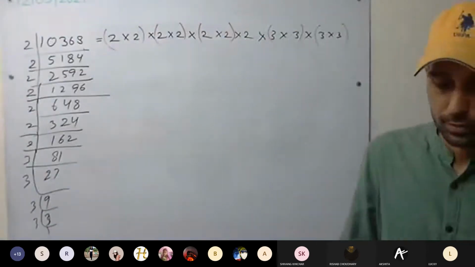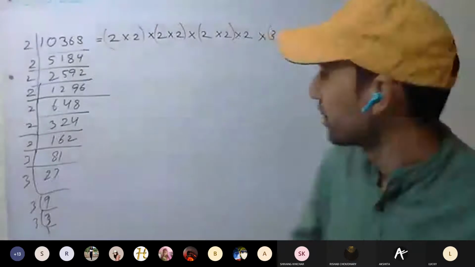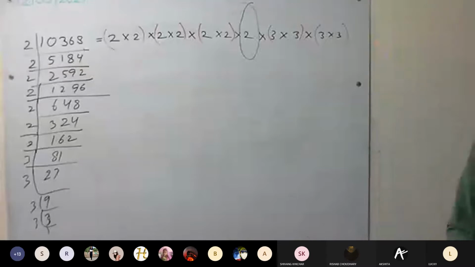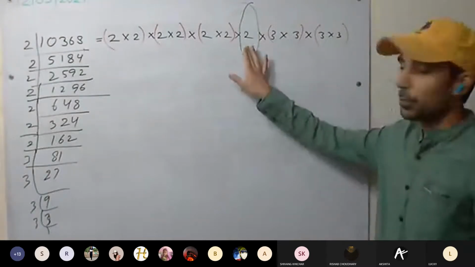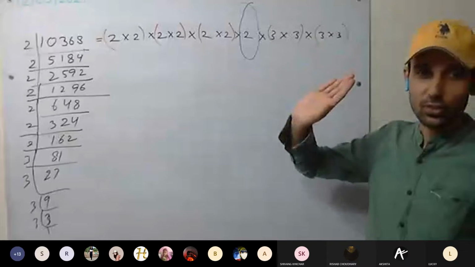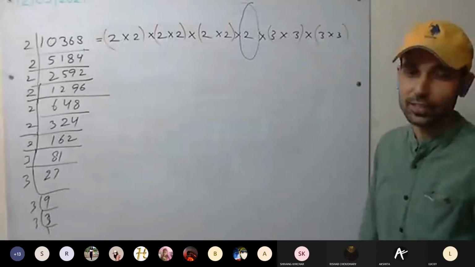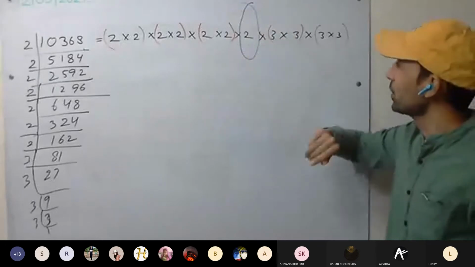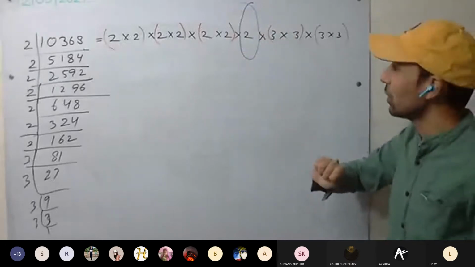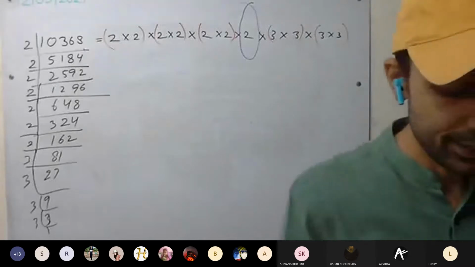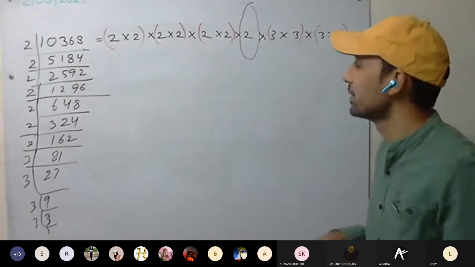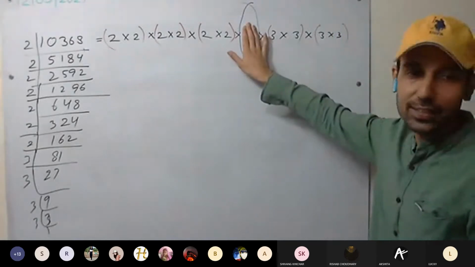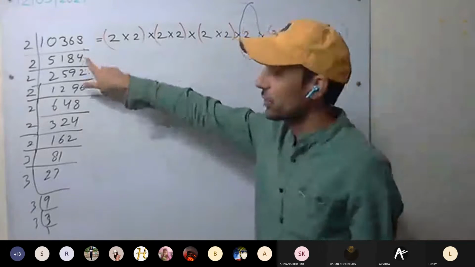So what have you found? It's single. Okay. Either we make it a pair or we remove it, yes or no? Because we don't want any single one. That we have to do. So by what number must it be divided to make it a perfect square? By 2. We have to remove it. By 2 we divide it, and 5184 is a perfect square.